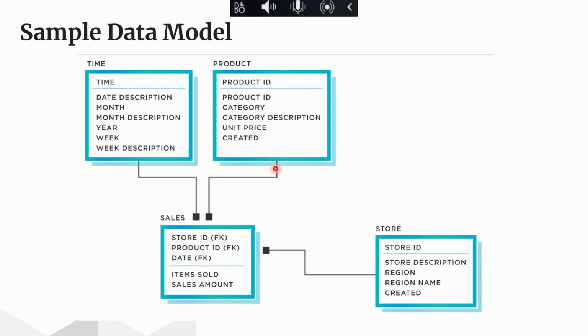And they also help us to summarize our data because I can choose to get the total sales for a product in a region. I can choose to get the total sales in a particular month. I can also choose to get the total sales for a particular category. As much as they describe our data, they also help us to summarize the data properly.